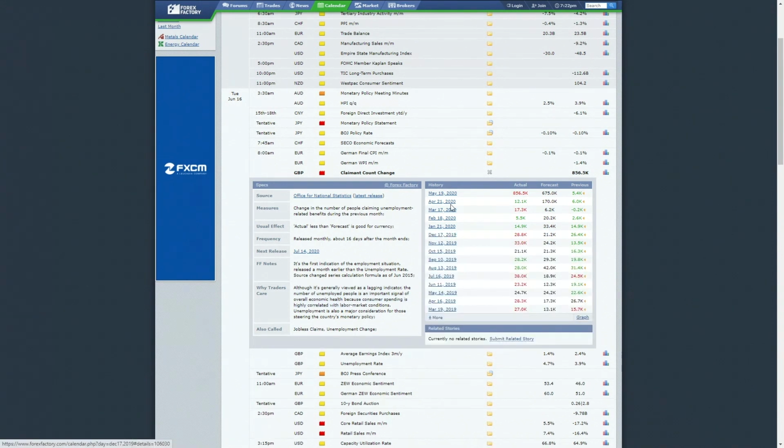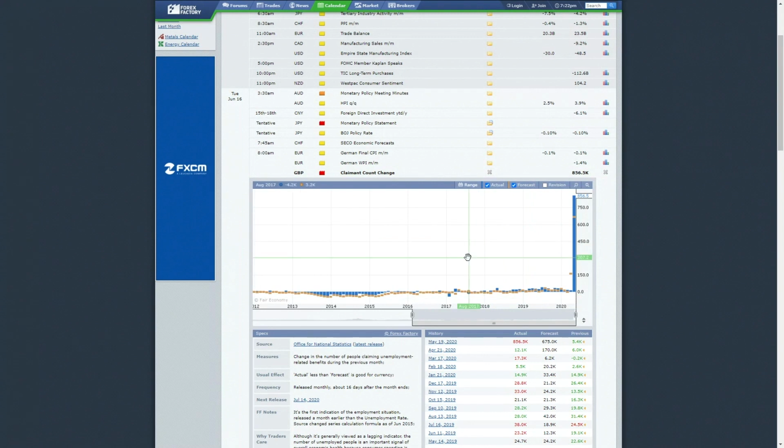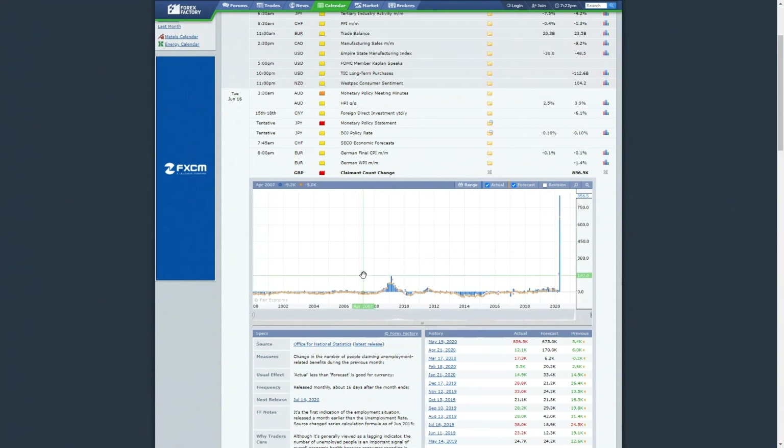On the right-hand side, it gives you the history, information on a more trending basis, showing you what the recent numbers have looked like. And also very handy, you have a graph, so it can show you the historical chart for these economic indicators, which gives you that overall bigger picture context for any upcoming events